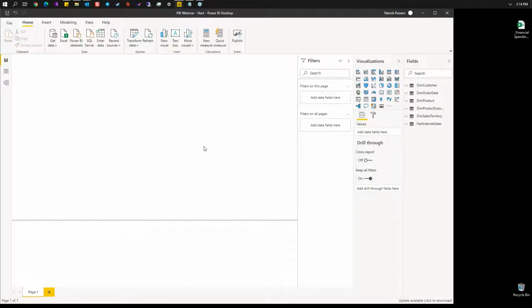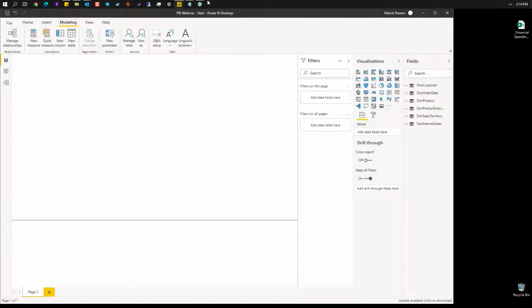For this first one, we're going to create a table. And before anybody freaks out and thinks I'm being anti-DAX, absolutely not. We're going to create a lot of DAX in this just to make it. And the very first thing is we're going to create a new table. And we're going to use a DAX function to do that. And I have got